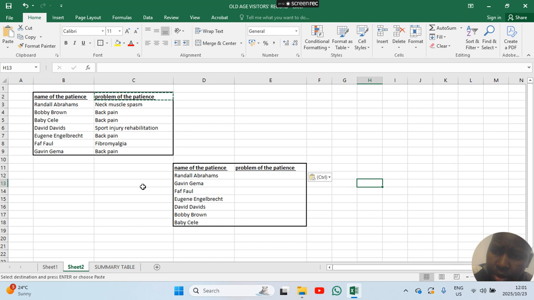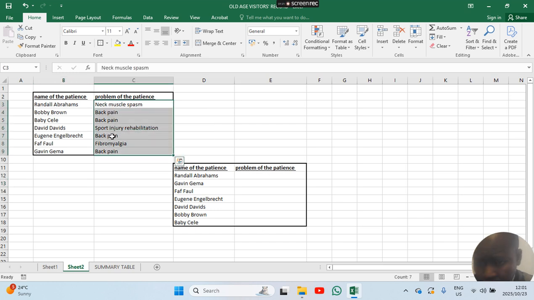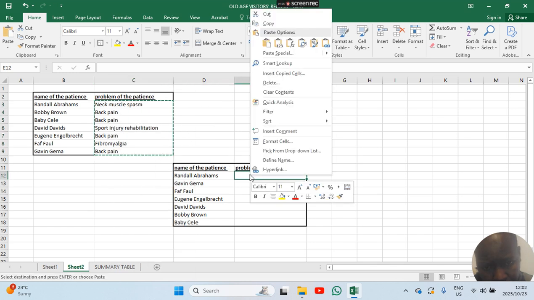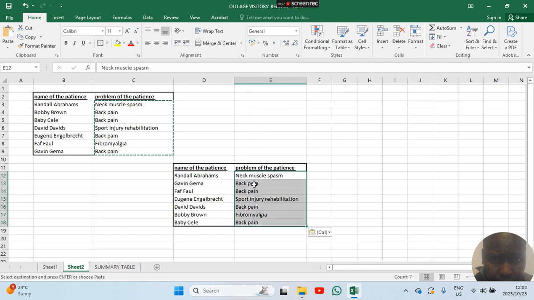Now you want to copy these problems to here, so you highlight, right click, copy and paste it here. After you paste it, it means Ramandal has a neck problem. Bobby Brown here has a back pain, sorry, but here it says Bobby Brown has